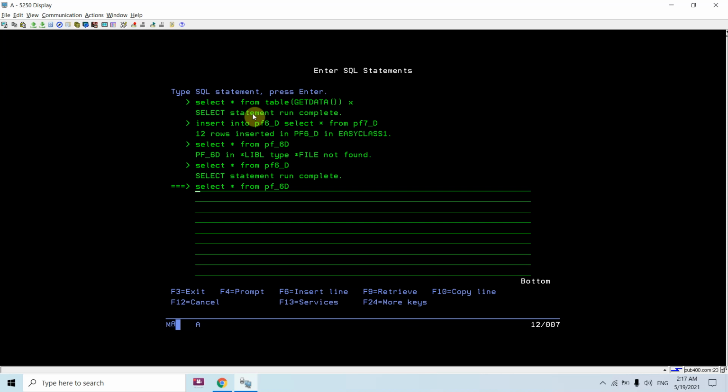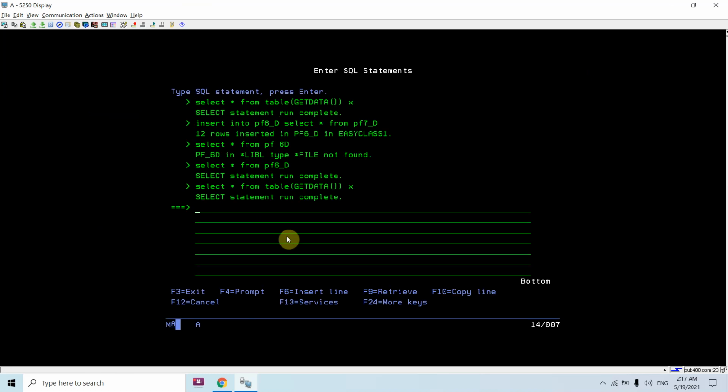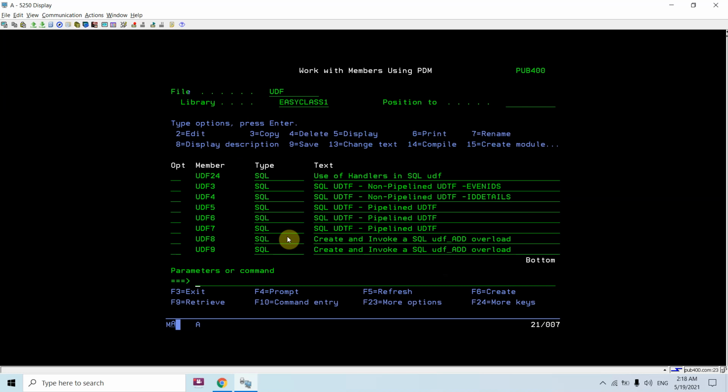Now let's execute the user defined table function, this one. So you will find the results, and this is ordered by the student marks in descending order. So you can see the marks are in descending order. So this way you are able to execute even when the not found condition is reached. Your program will continue and your loop will exit, and after that your cursor gets closed, and then you will return the table from that SQL user defined table function.